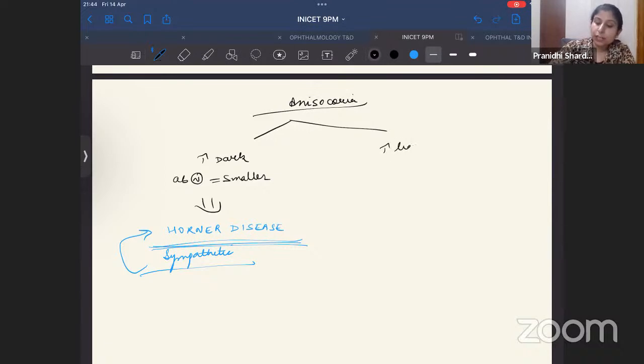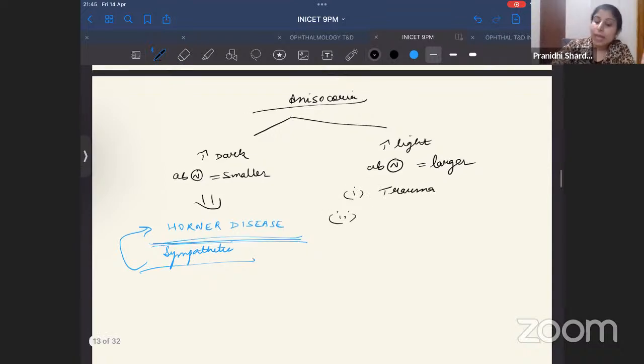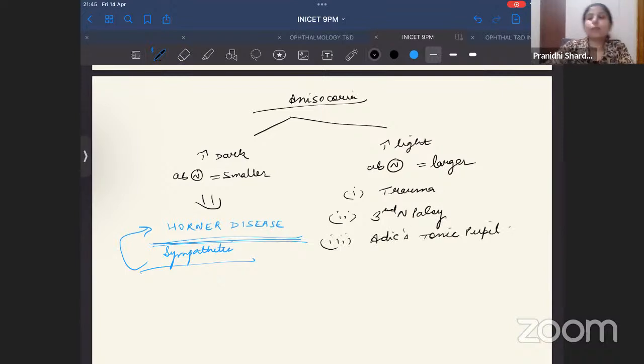Whenever the anisocoria increases in light, it can have different causes. The abnormal pupil is the larger one. Different causes can be trauma, that is a traumatic mydriasis. It can be due to third nerve palsy. It can be due to Adie's tonic pupil. These are some of the causes of the